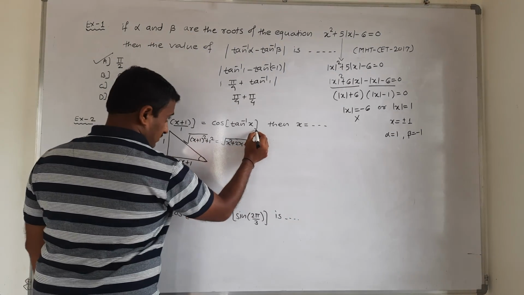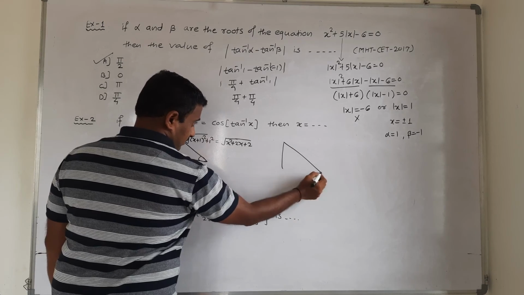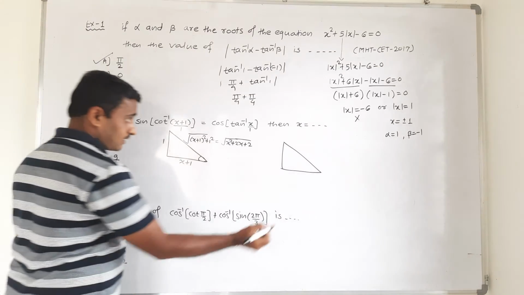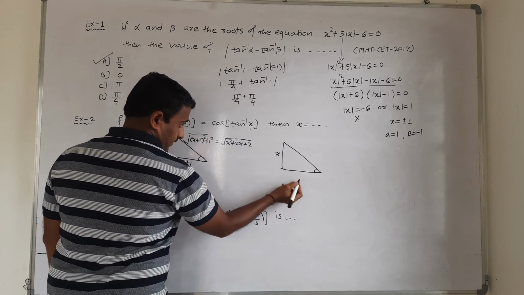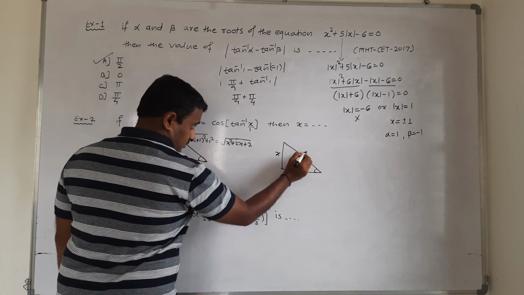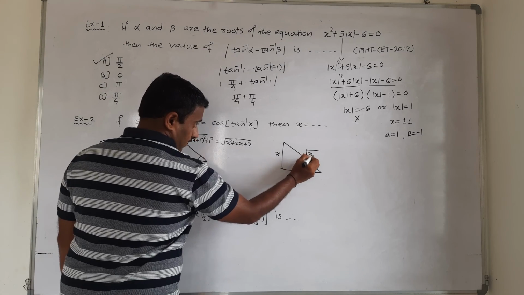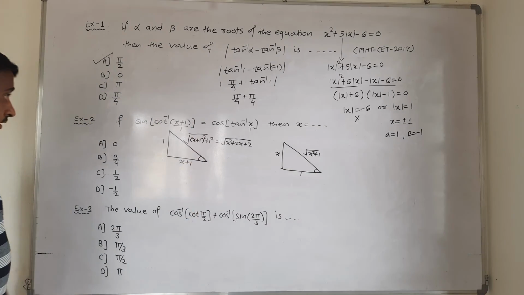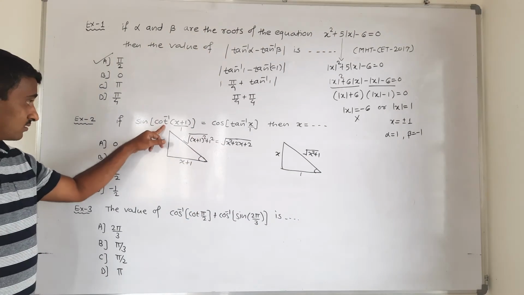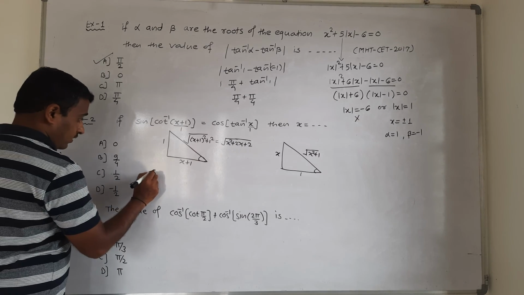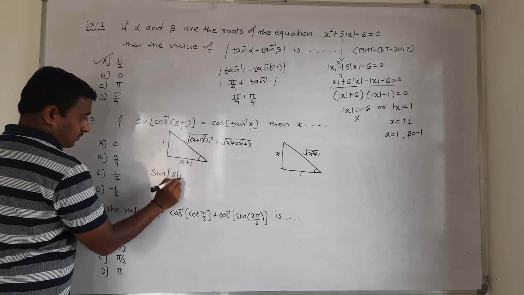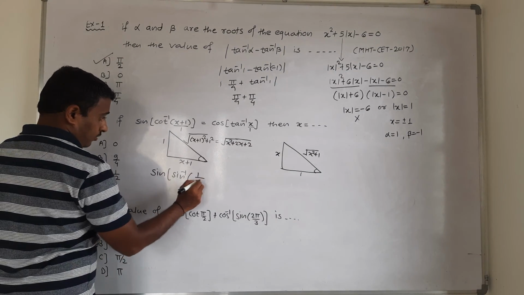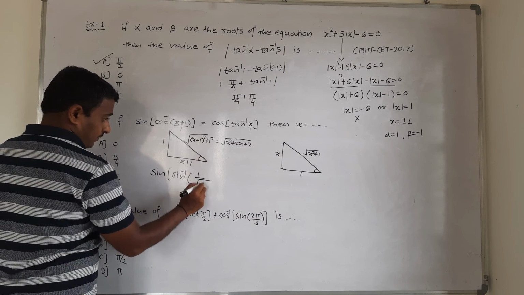Now for this, I consider another triangle. What is given? Tan inverse x, with denominator 1. Tan inverse means opposite side x, adjacent side 1. Therefore its hypotenuse is the square root of x square plus 1, the square of this plus the square of this and then the square root. Now I write this cot inverse in terms of sine inverse. Now sine of sine inverse: for the same angle, sine is opposite side upon hypotenuse. That is 1 over the square root of x square plus 2x plus 2.